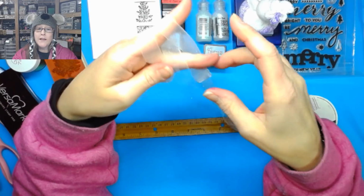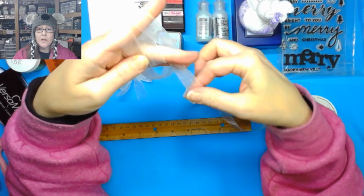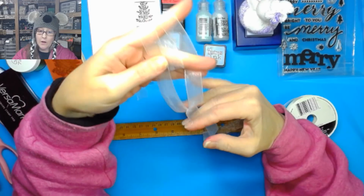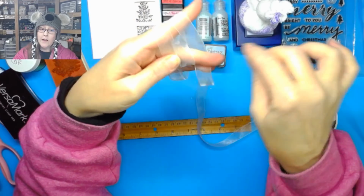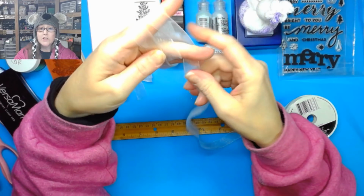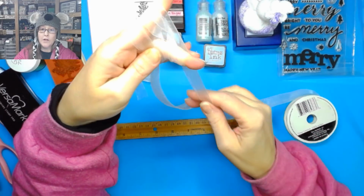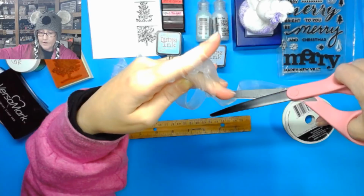Anytime you're ready to stop with your bows, however many bows you want, you stop here and then you cut it off about even with your other tail, and then you push it through, okay? So I think I'm gonna do one more, one there and one underneath, and then here's where I'm gonna cut it. All right,